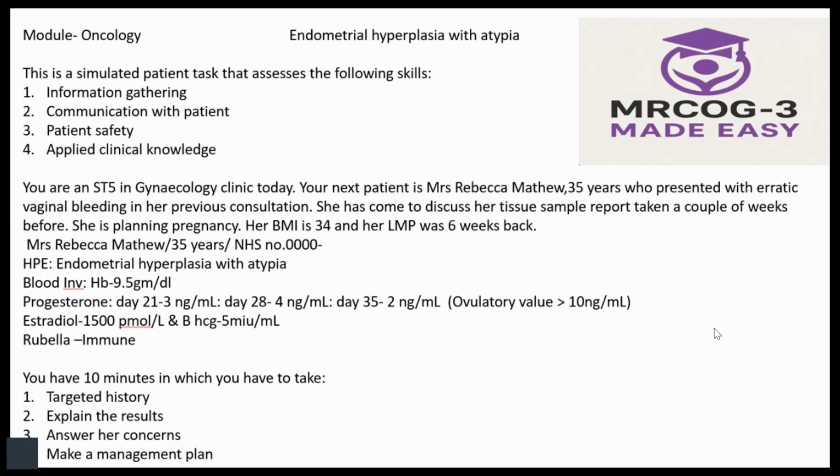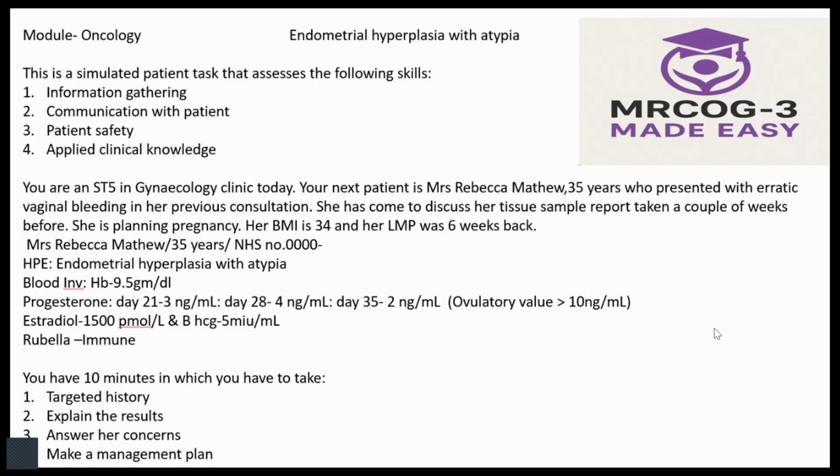Now, you have to know about the pathway for cancer care in the UK. You need to understand this pathway, the treatment referral pathway, and also about patient safety. When you prescribe chemotherapeutic agents, you need to know them, then only can you tell the patient about the risks and benefits. Then for applied clinical knowledge, try to draw a diagram,